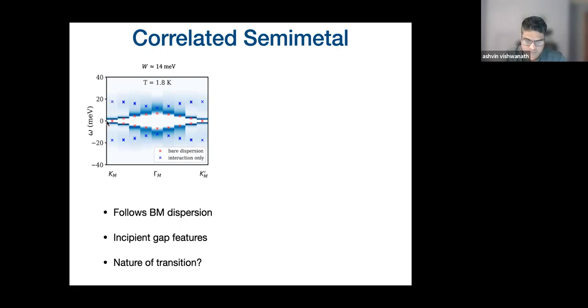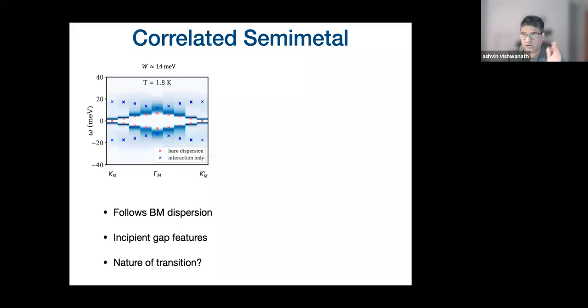Okay, so although it predominantly looks like a semi-metal, gapless, etc., it seems to know about this gap that would have developed if it had become ordered. Okay, that's something we don't quite have a theory for. It's kind of reminiscent of these Hubbard bands, if you like, although there's no local picture, there's no local orbital kind of picture for this.